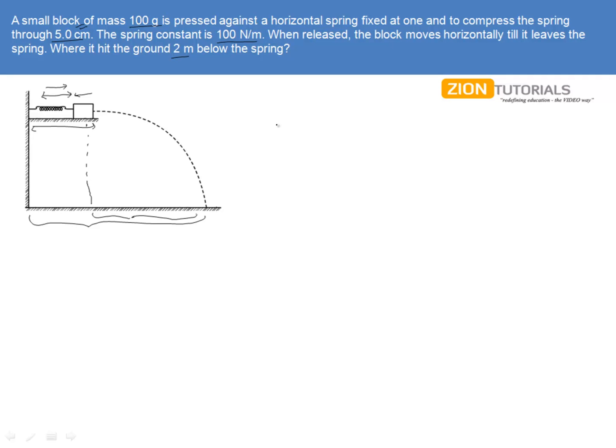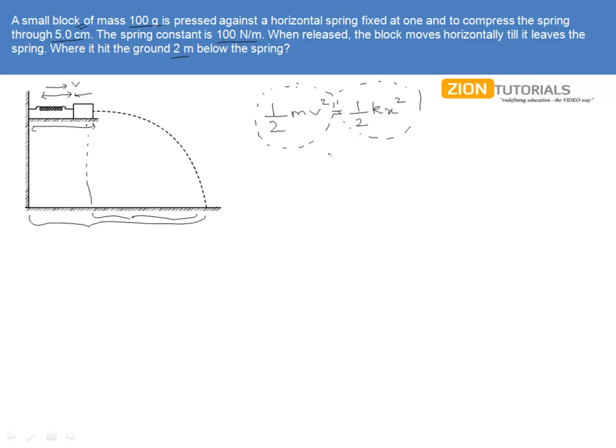Now simply the kinetic energy of this block, half mv square, will be equal to half kx square, because notice that this is finally when this block will be achieving the velocity v after it is being compressed and put back with a velocity v, because whatever the energy was stored in the spring will now be zero in the spring and will be given to the block itself in the form of its kinetic energy.